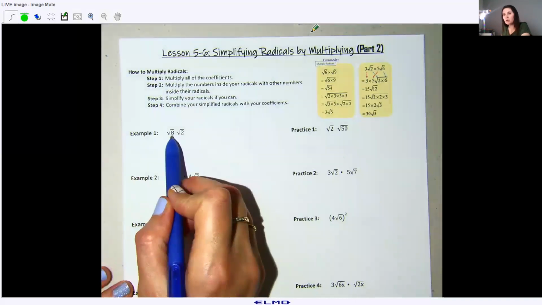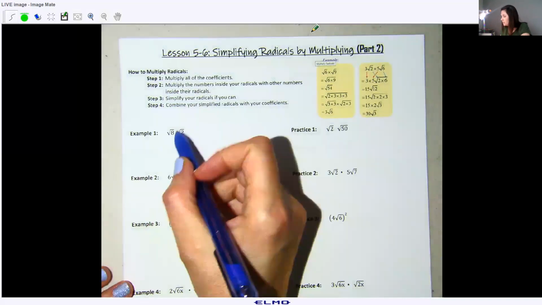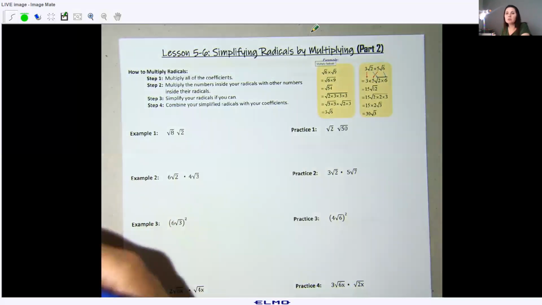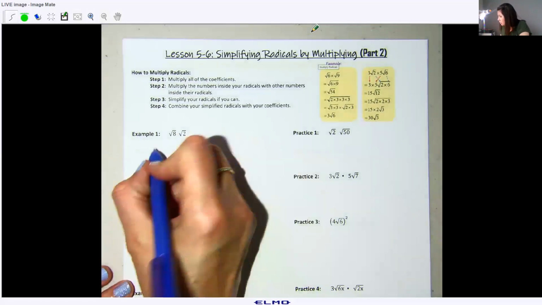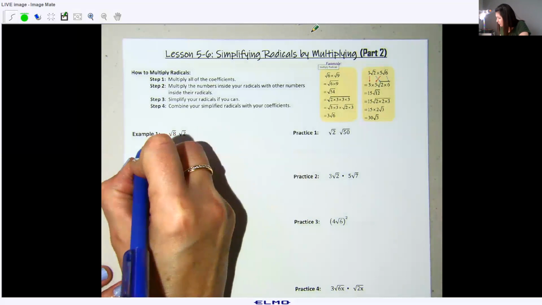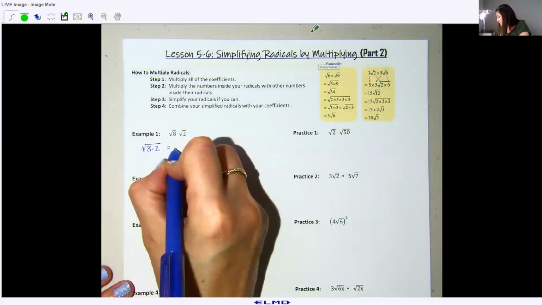When we're solving these, all we're doing is multiplying what's inside the radical. Now notice there is no symbol, there's not a parenthesis, a multiplication sign, a dot, anything like that. I put this on here because sometimes you might see problems that look like this, and if they're right next to each other like this with no symbol or operation in between, that just means you're going to multiply them. Okay, so I have the square root of 8 times 2,